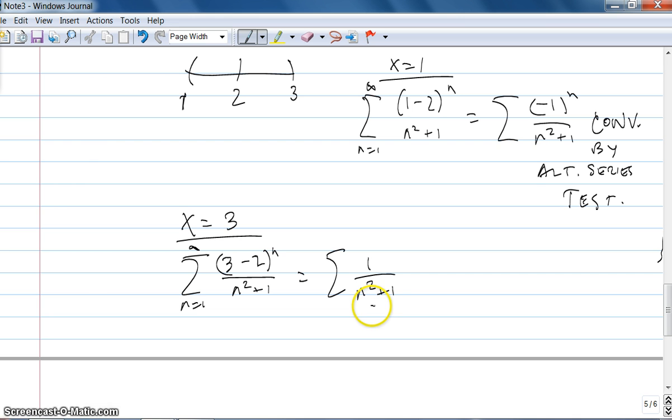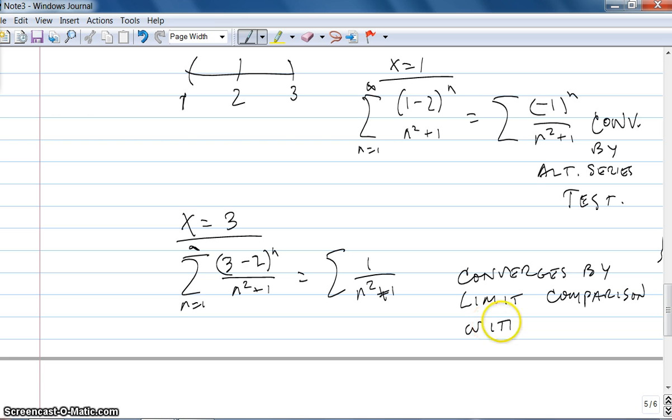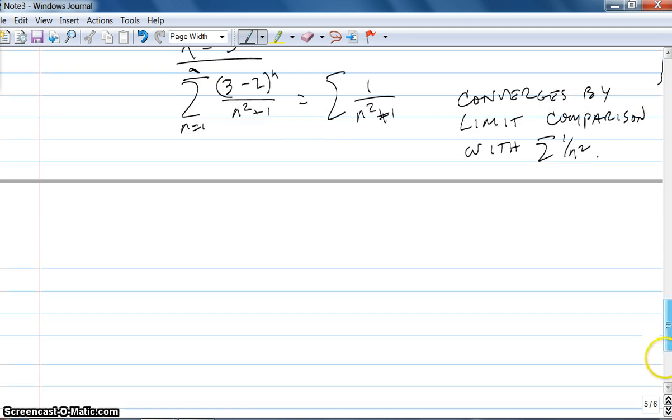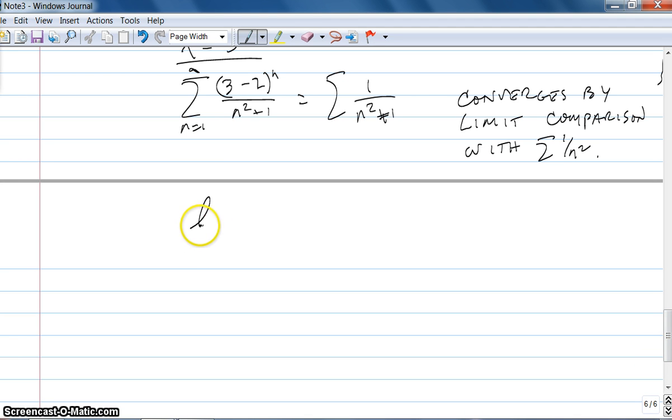This converges by the integral test. That's equal to inverse tangent, but also it converges by limit comparison with 1 over n squared. If you like, I'll do that for you real quick. The limit comparison is the limit as n goes to infinity